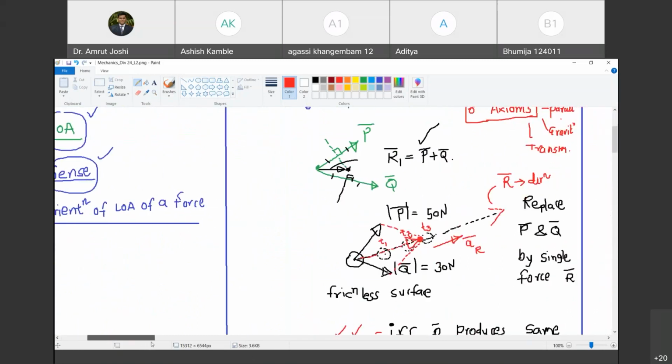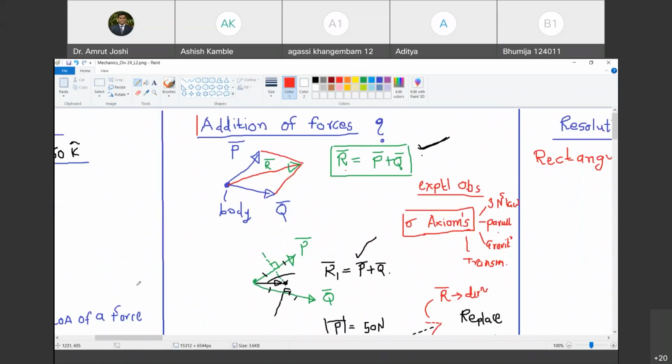Once we completely described the entity called force, we talked about the addition of forces. How did we define addition of forces philosophically? If n forces are acting on a body, and I am able to replace all those n forces by a single force which produces exactly the same effect as the whole system of forces on all points of the body, then I call that single force the addition of all these forces. Are you with me?